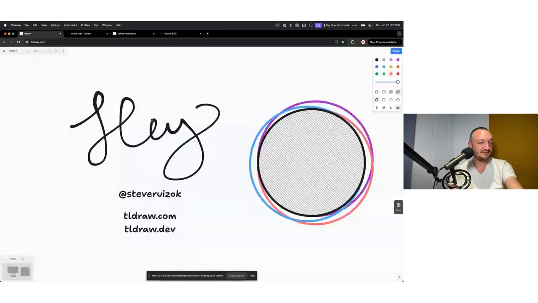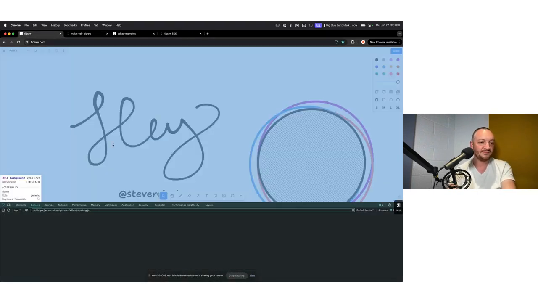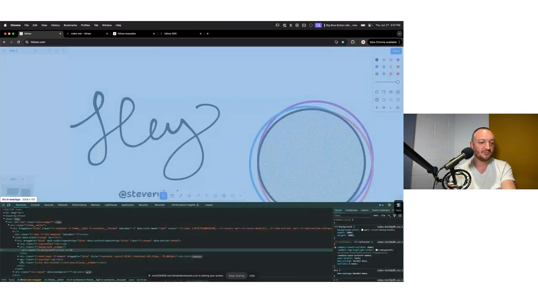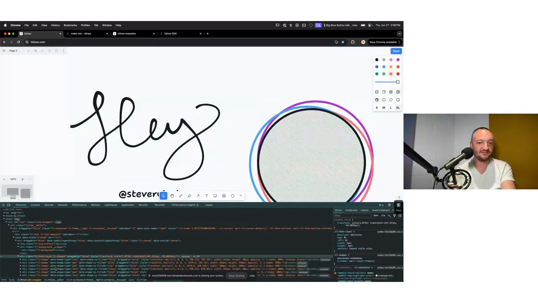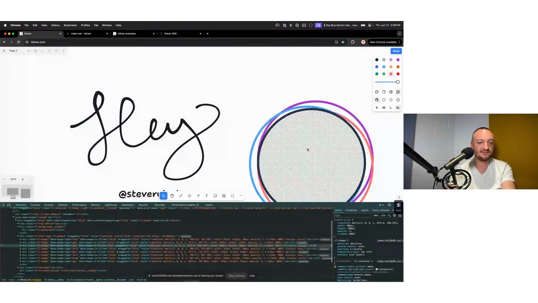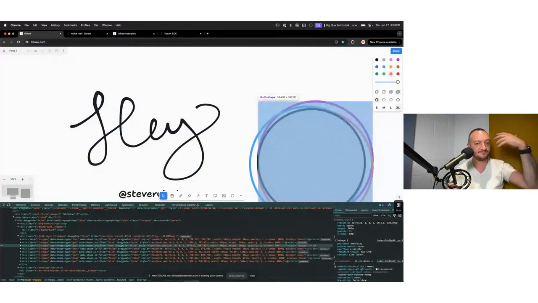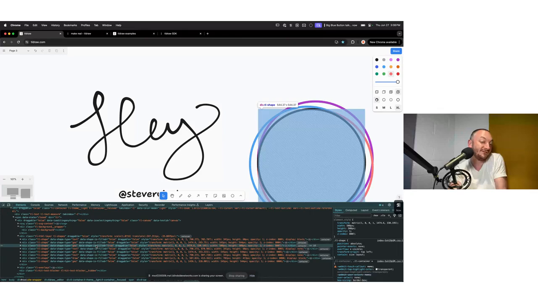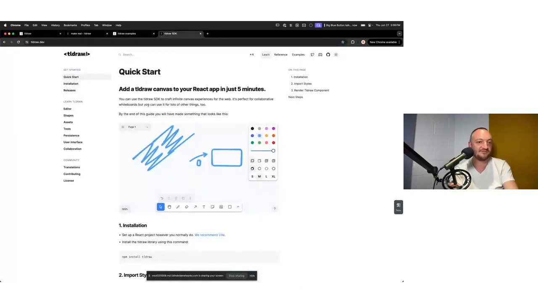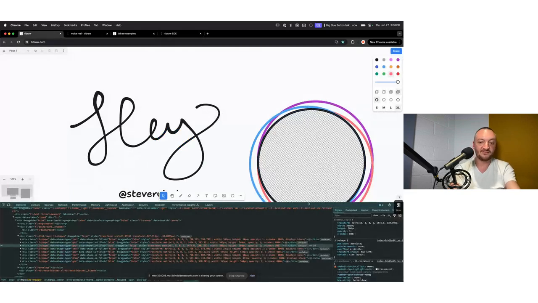Very unusually, I chose to use that same type of normal HTML stuff. Every one of these things is a React component. Even though it looks like a canvas, even though it looks like a design tool, it's actually made up of the same stuff as a regular website would be,